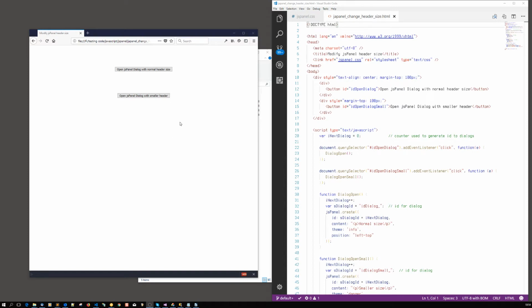Presentation of a well-designed plugin and how to modify the looks of this plugin without changing the code. This plugin is a dialog plugin and it doesn't have any dependencies. It looks like this. It is called jsPanel,